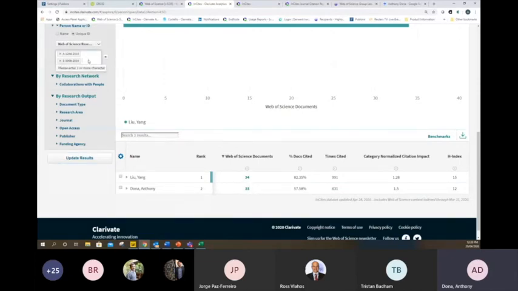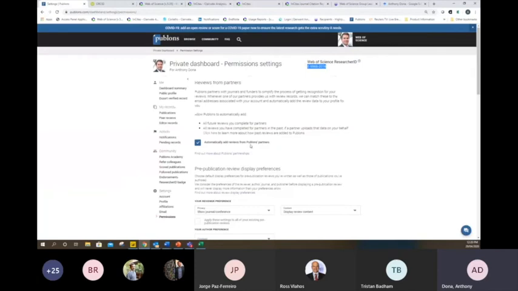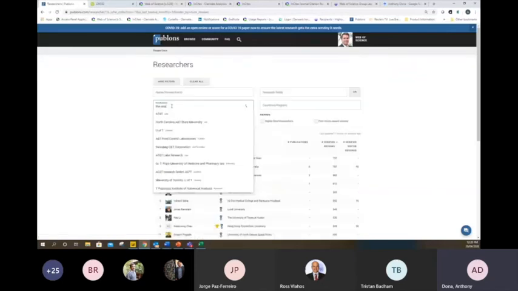You can add as many researcher IDs or ORCID IDs as you like to this analysis if you know that they are in a similar stage. I might actually browse researchers here and look for other researchers at the University of Sydney or in Australia. So I'm going to type in the University of Sydney. Actually, I'll just type in Sydney, might be a better place to start.